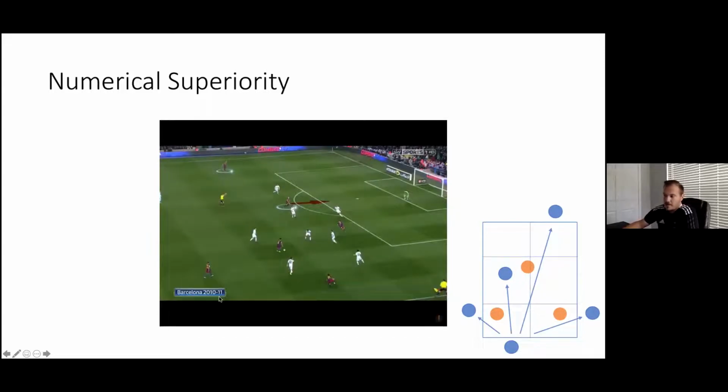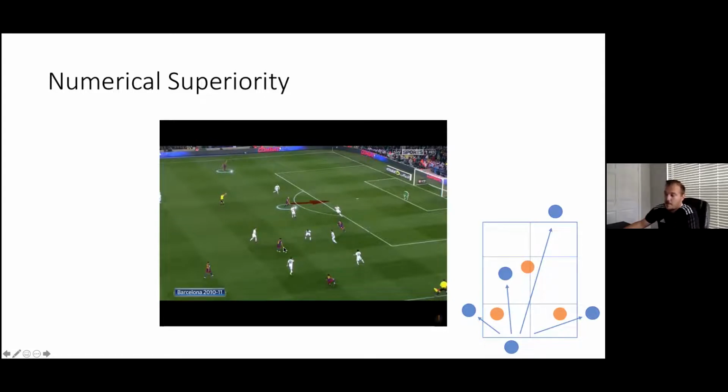Another great obvious team, Barcelona 2010 to 2011, attacking Real Madrid in that 5-0 game. Here on this side, they have Xavi, Messi, Pedro, Alves attacking over here. Real Madrid shifts across. Xavi's looking to switch. Iniesta runs on the inside of Sergio Ramos. David Villa's running on the outside of Sergio Ramos. And again, you're threatening the near side, but you're also threatening the far side with runs. And that's the advantage of positional play, that you're spread across the field, but also creating numerical superiorities to manipulate the opponent.